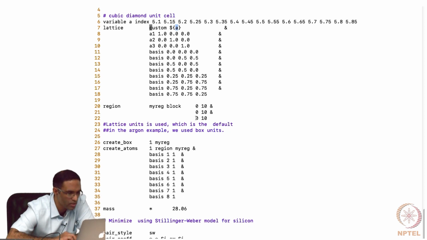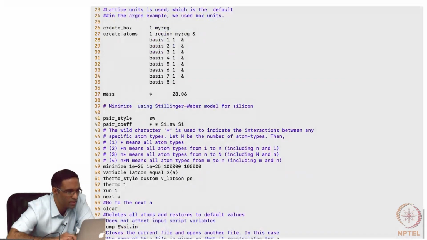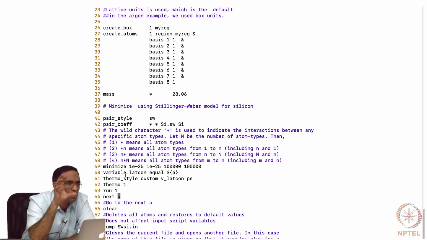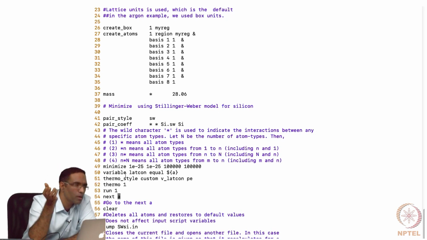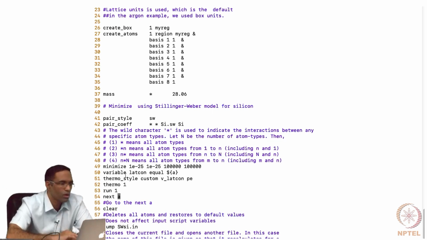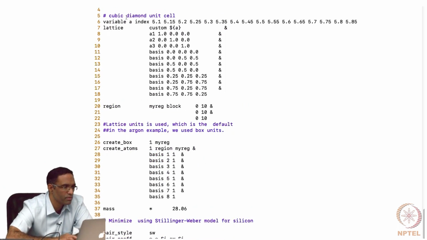Then define a region, create a simulation box, create the atoms, minimize the energy for that particular value of A, and print out the corresponding lattice constant and energy, and do this for a large number of